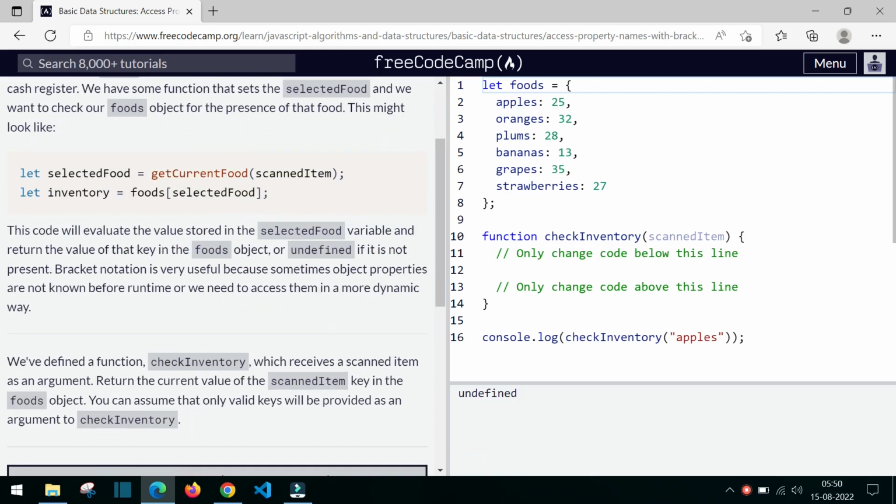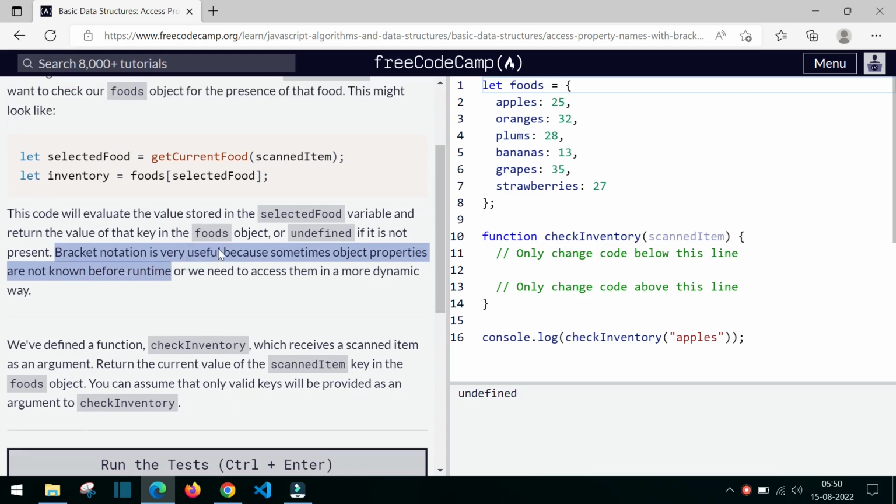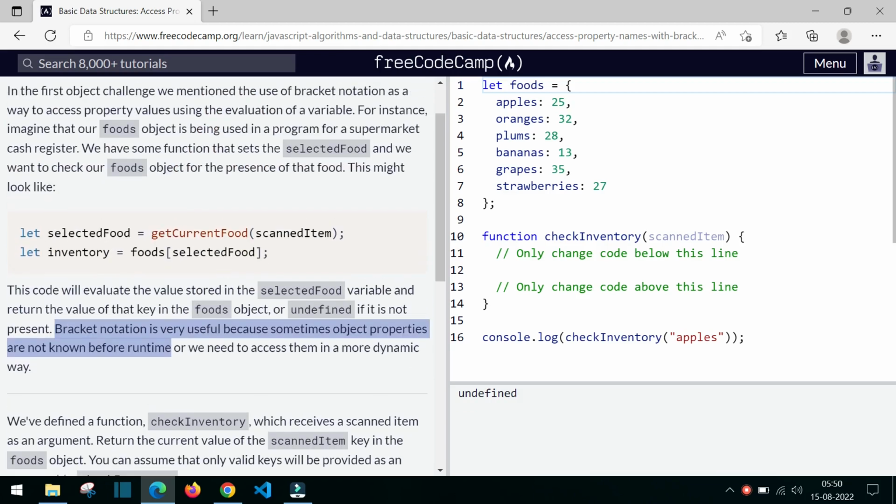Yeah, here you can see bracket notation is very powerful because this bracket notation is very useful because sometimes object properties are not known before runtime. Okay. So what they are telling is, here you are having an object,